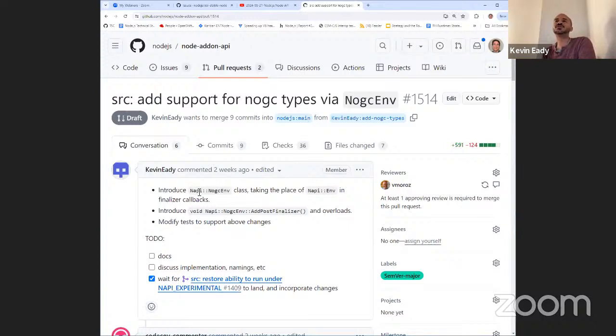We basically have to collect coverage compiling our add-on under different NAPI version definitions. Because right now we basically just do the coverage with the default supported Node API version that's being used when we're compiling. So we only do that one run. And in order to do experimental, we'd have to compile multiple times and then also figure out joining the results together.